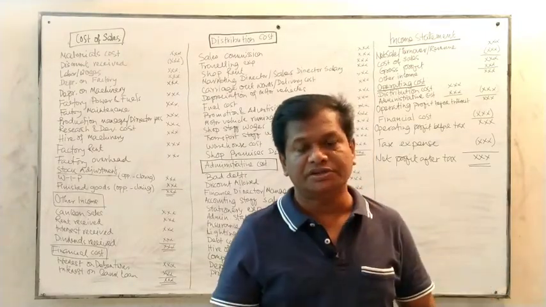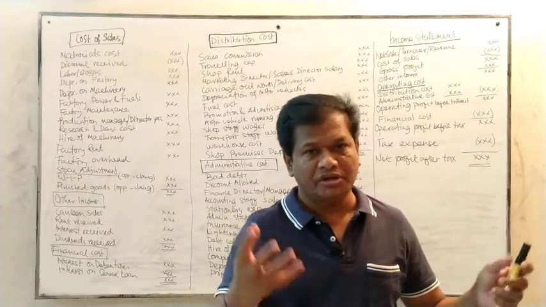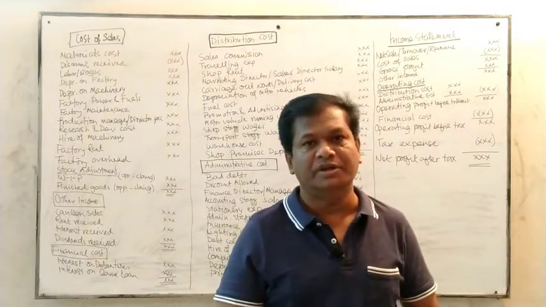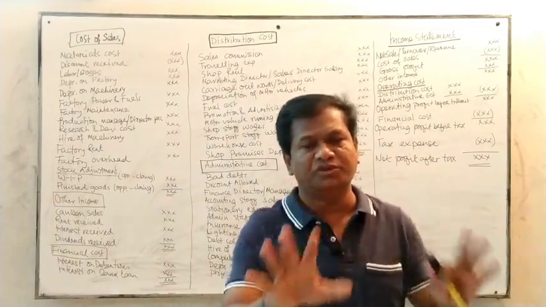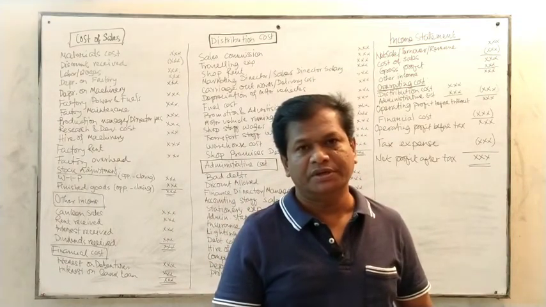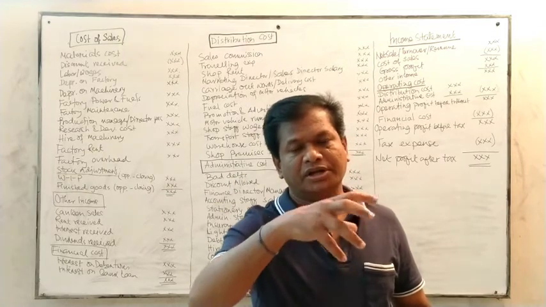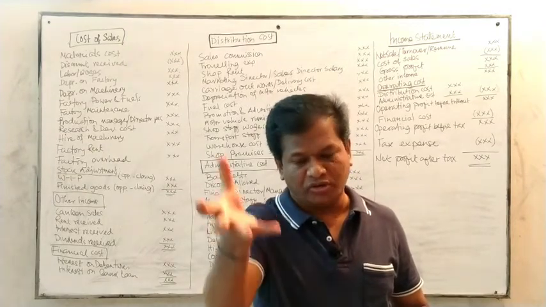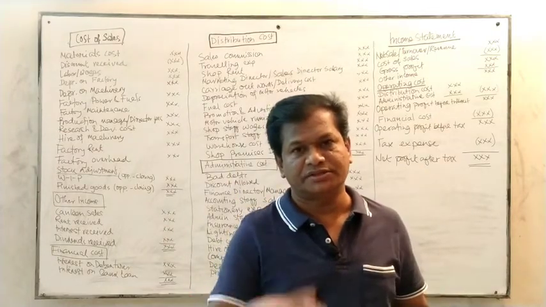Then the current asset. The current asset may be the closing inventory, accounts receivable, other receivables, prepaid expenses, cash and cash equivalents, like this. You add that. Then the total assets have to be written. Non-current asset, intangible asset plus current asset, all are to be added up. Then this figure is to be closed, the total assets.